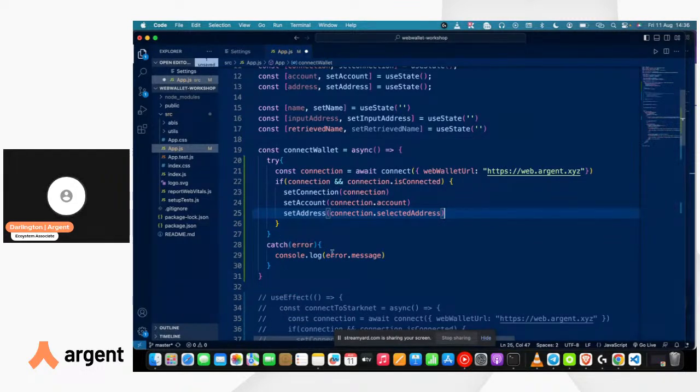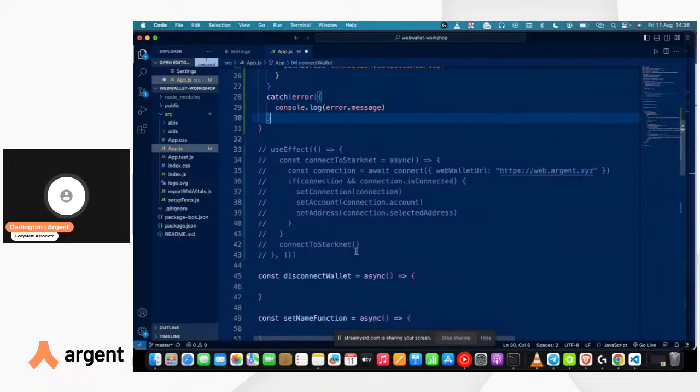So in case we run into errors, we're simply going to log them to the console. If we try to make a call to the function and it doesn't return what we need, and there's an error, it's going to log that error to the console. Then within the useEffect,